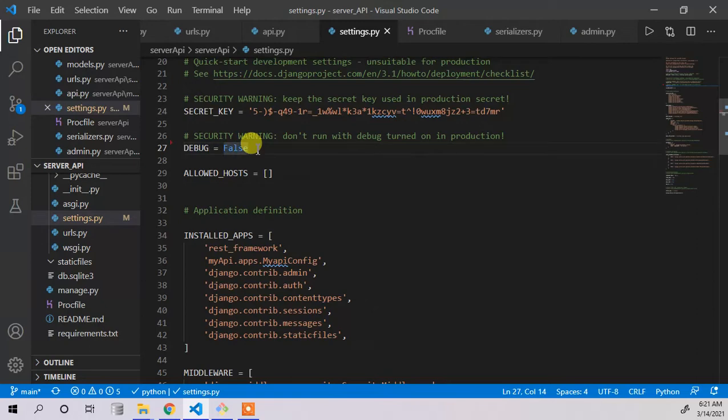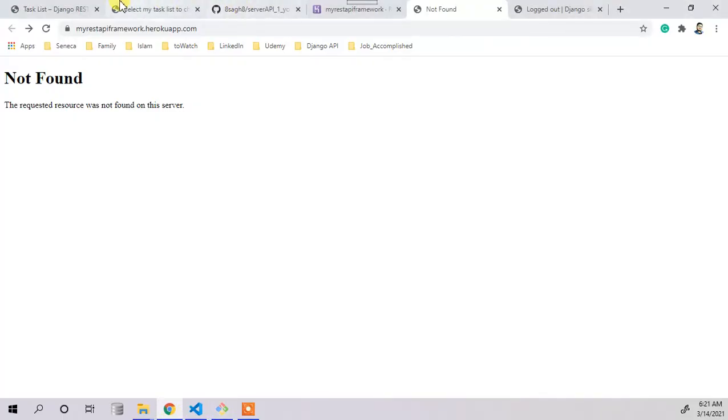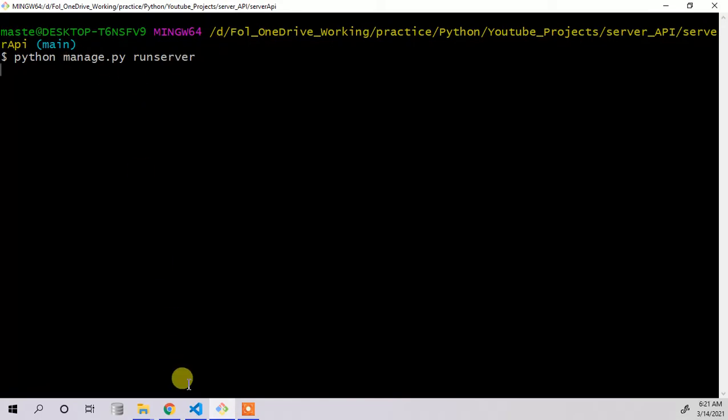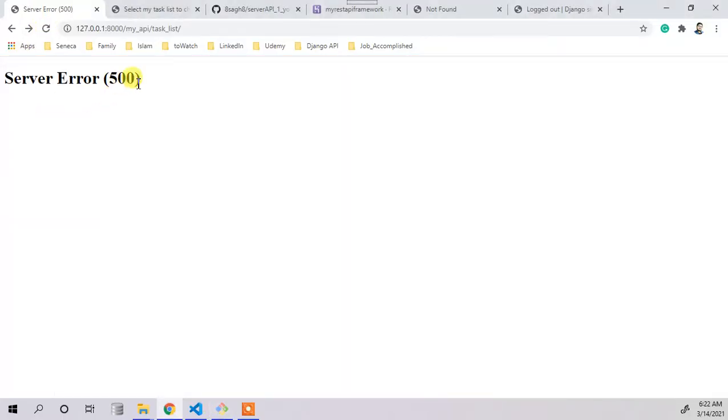So currently it is false. I'm saving it again, and let me run the server to see what will happen. Okay, so that's the page that was already open. My server is currently running, but if I restart it, it is giving me the error.